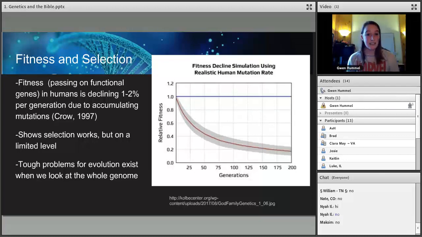What you can see here is that this shows selection works, but it's on a very limited level. And this is a tough problem for evolution when we look at the whole genome. So when we're looking at this together, as evolution likes to do, they pool our genes together. They pool everything together. They don't separate it out based on individuals, where whole genomes have to be inherited as units. So this is showing that these genomes have to be inherited as units to even see where these genes